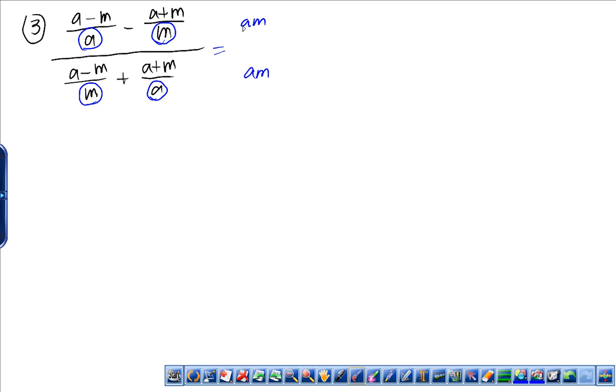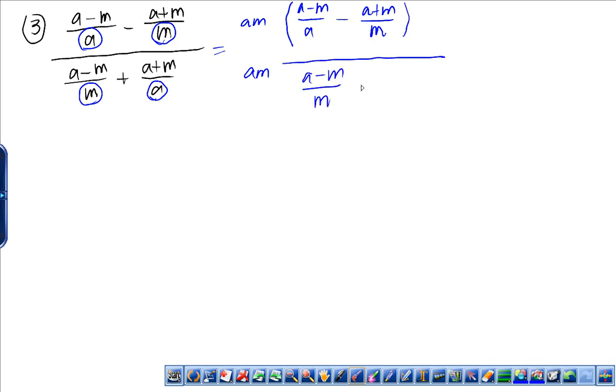I'm going to multiply both the top and the bottom by that. So I'm going to rewrite this: this is a minus m, and this is a plus m over. I'm just rewriting it right now so that I can